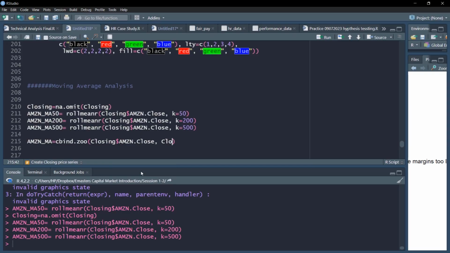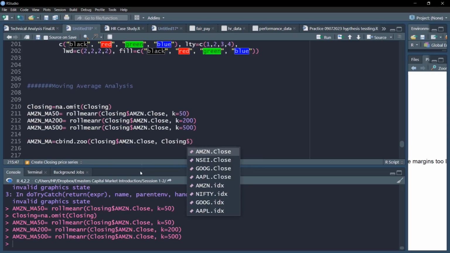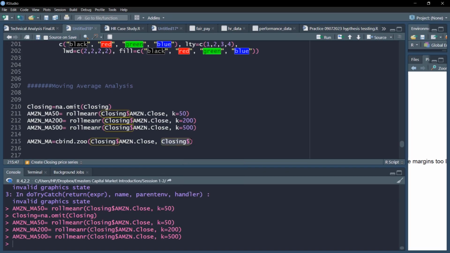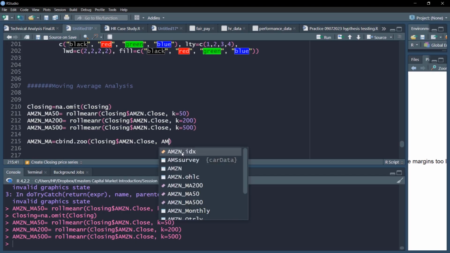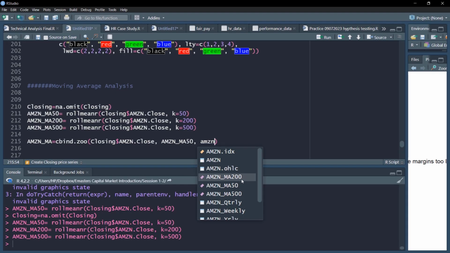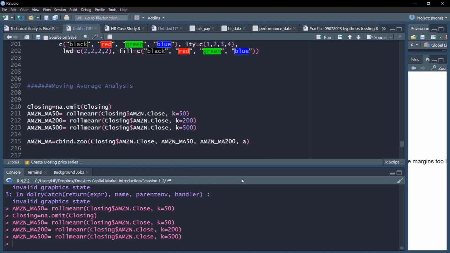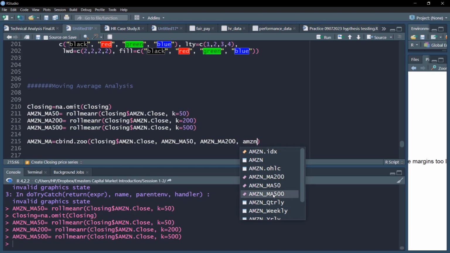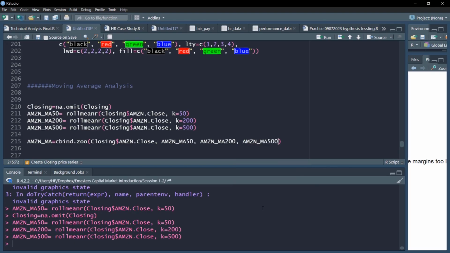We'll add the 3 series that we have created. First, Amazon moving 50, then Amazon moving 200, then Amazon moving 500. So these are all the series.